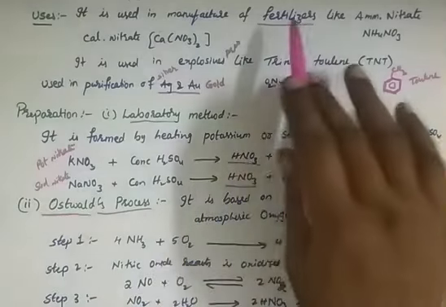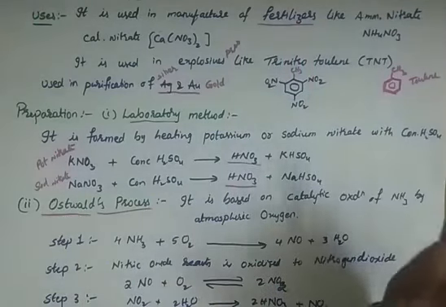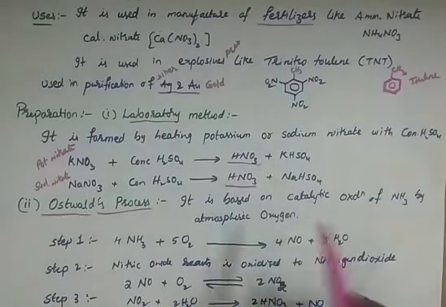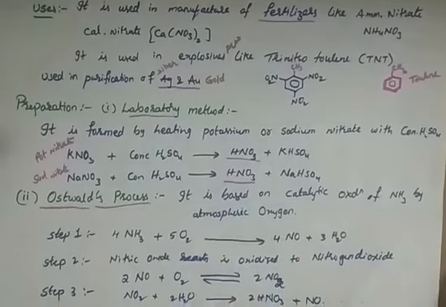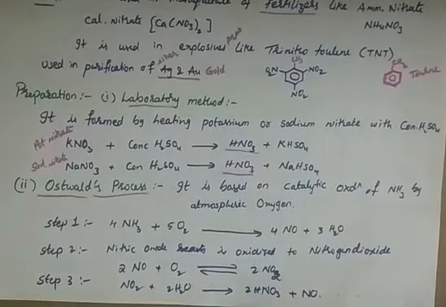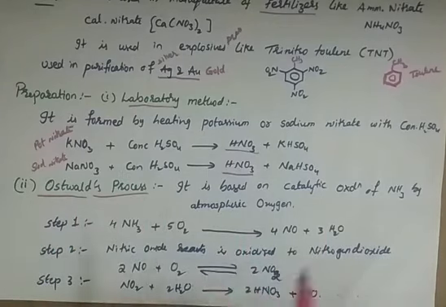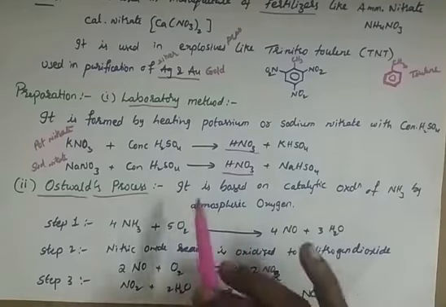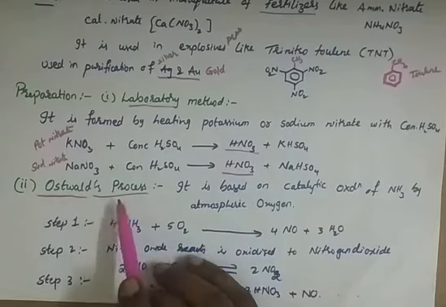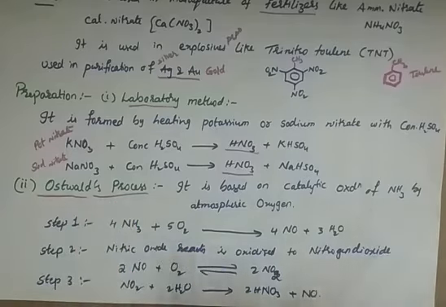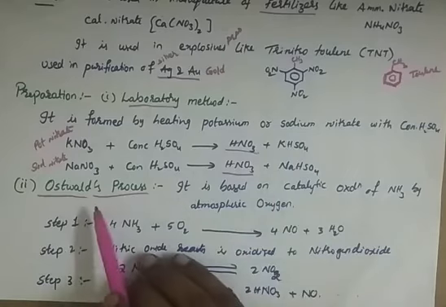But whenever we require it for any uses, we require it in large quantity. For that, we go for manufacturing by established processes, like Haber's process we studied for ammonia. Similarly, here it is Ostwald's process for the preparation of nitric acid, HNO3. Just remember the formula HNO3, right? In the Ostwald process, they established all the conditions in order to decrease wastage and increase the yield of nitric acid. So what is this Ostwald process?